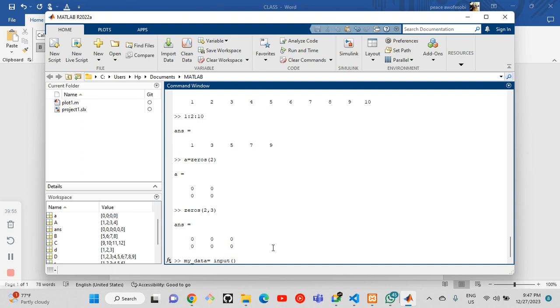Then I open a quotation. In between the quotation is the message I want my user to see. So if I say 'enter your best value'